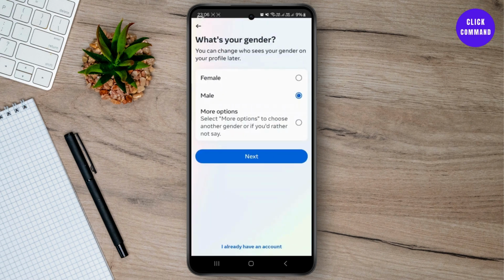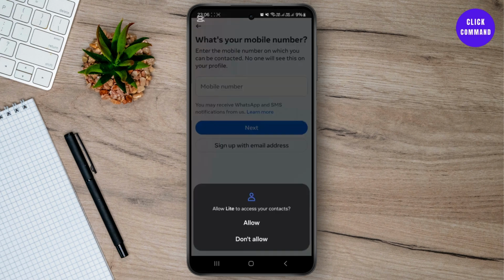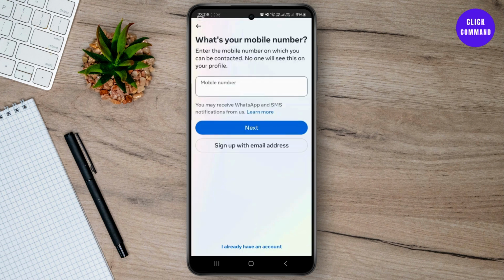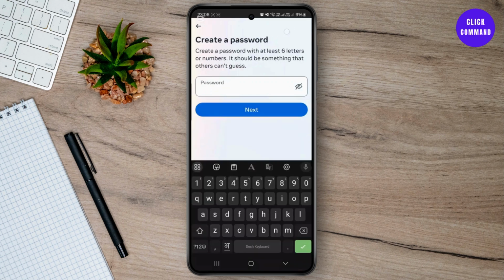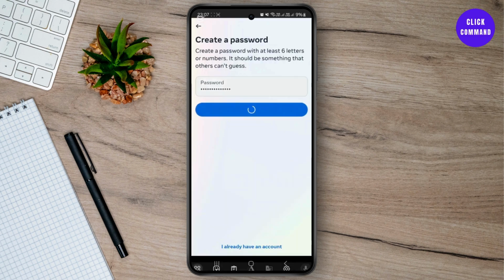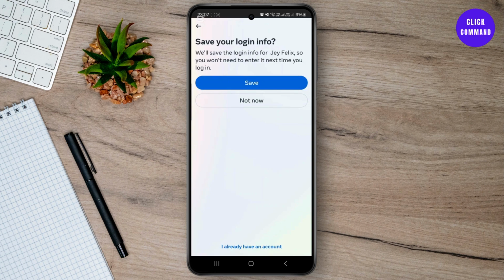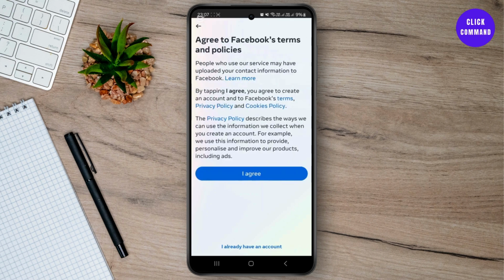next. Select your gender, and just like that you will have to enter your phone number or your Gmail address. And then after that you simply have to create a strong password once you enter your phone number or Gmail. So let me just do this, and then just click on next from over here. And you can either save your login details so that you don't have to keep logging in next time. So simply click on I agree from over here, and just like that